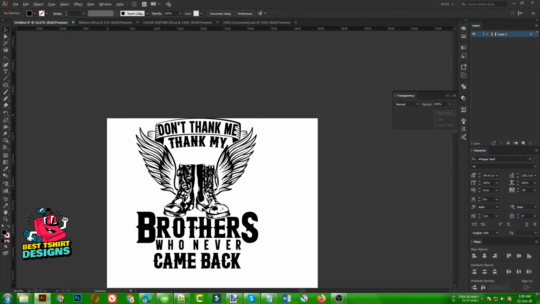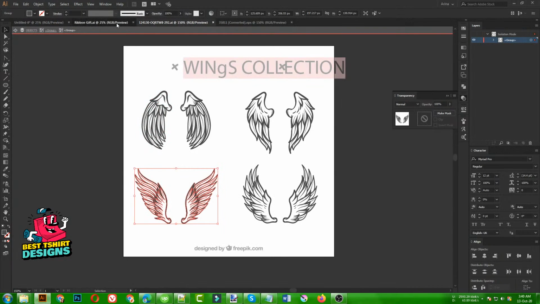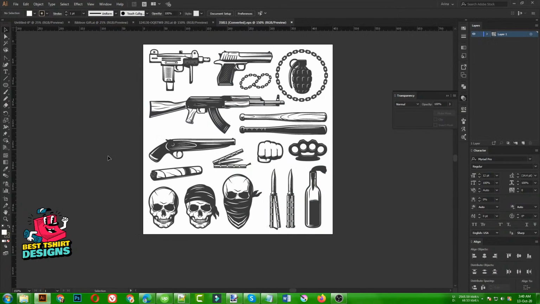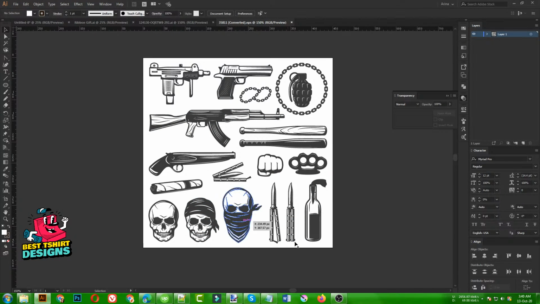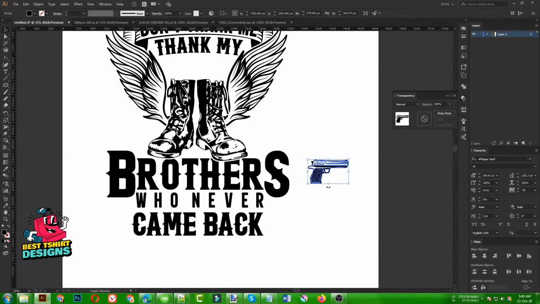Now for these areas I need to make some adjustment, like I can add some elements that I wanted to add, something like this veteran design, so you can use some guns there. Copy this one. This is not an army gun, but no problem, I think we can use that